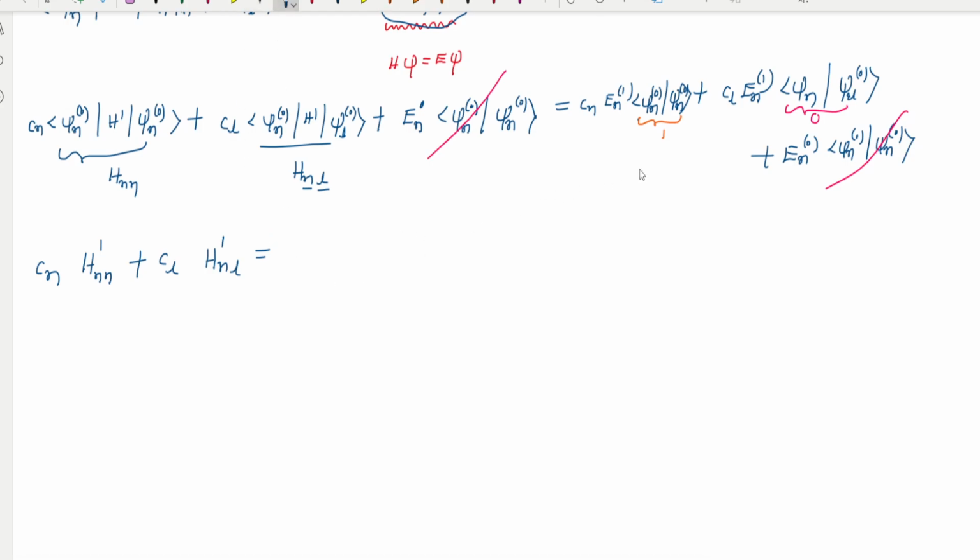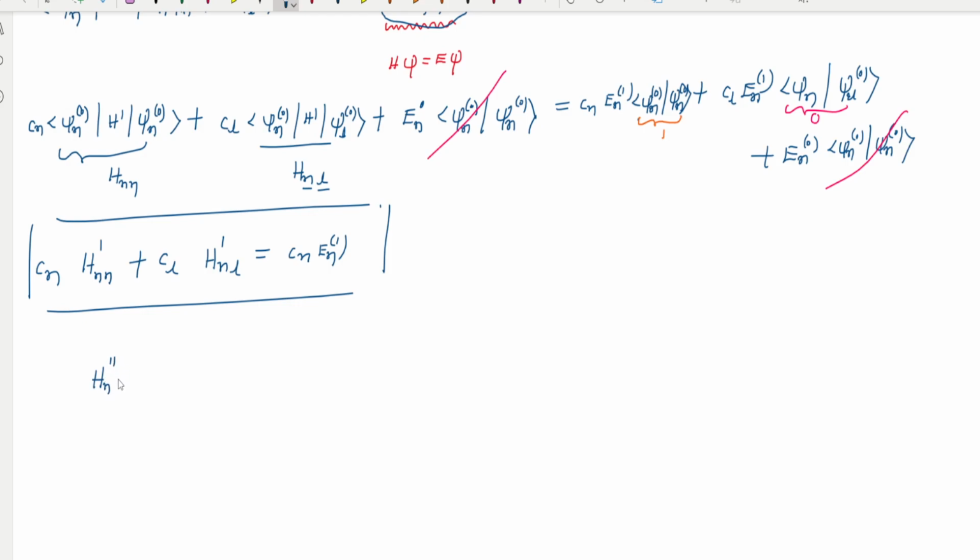Then we can get the remaining term Cn En power 1. So this is equation number 3. Or else it is better to write this one like this. Then we can use equation number 3. Okay, I'm going to write this equation like this